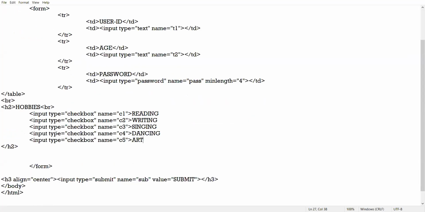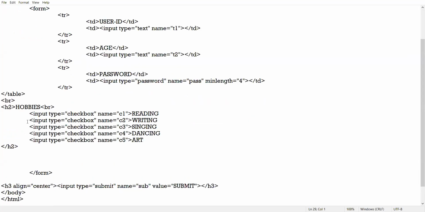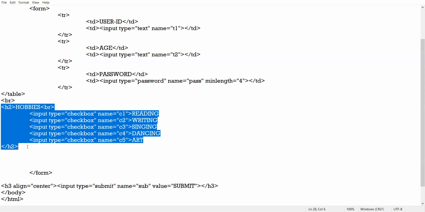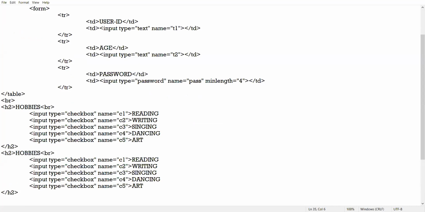How to create radio button? I copy paste this entire structure. I write here class. input type equal to radio, radio, radio, here also radio.